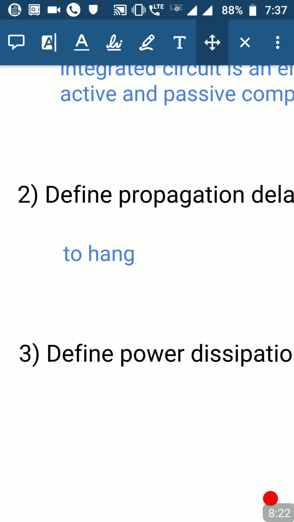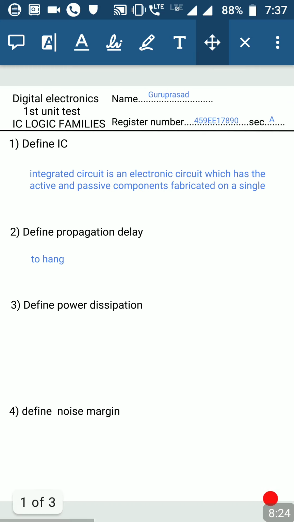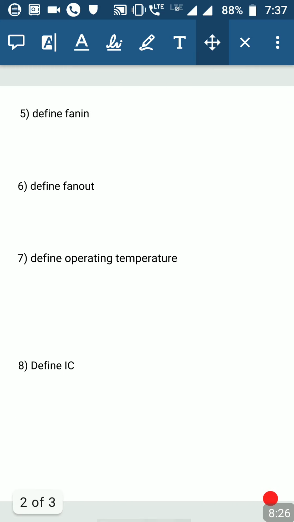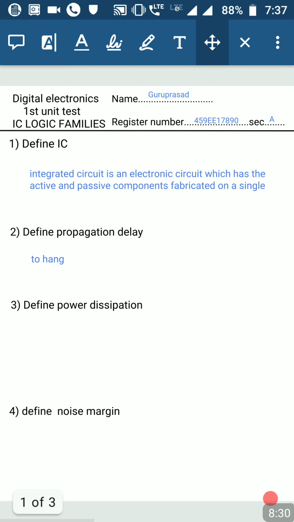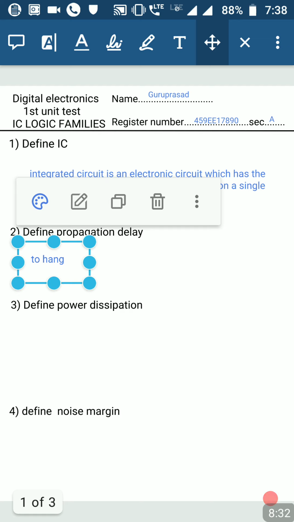Once you complete writing all the answers for all the questions, you can go to the next page and enter all the answers for all the questions. Keep yourself some good amount of time within which you have to complete the examination. And I strongly believe no one will copy in this examination, because this test is only for checking what you people have learned.